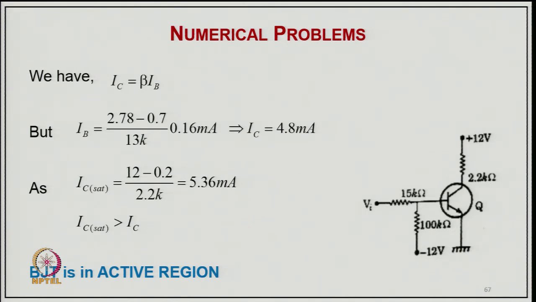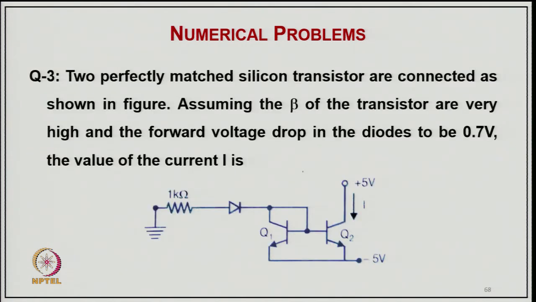So, IC will be 4.8 milliampere, and IC saturation will be 12 minus 0.2 divided by 2.2. So, that will be 5.36 milliampere, and IC saturation is greater than IC. So, the BJT is in the active region, because IC is much lower than the saturation value, which means the transistor is in the active region. So, now coming to example 3, two perfectly matched silicon transistors are connected as shown in the figure,